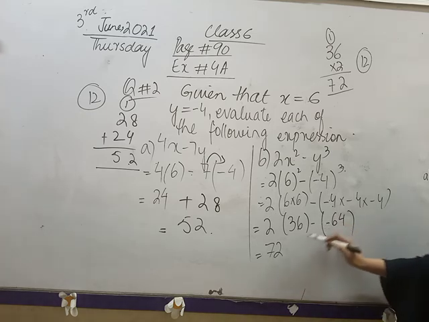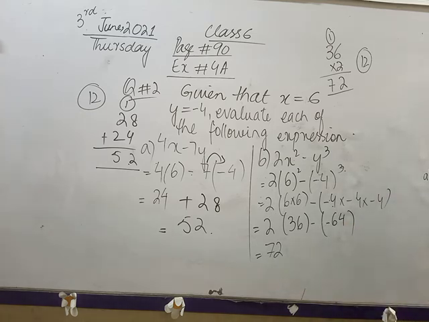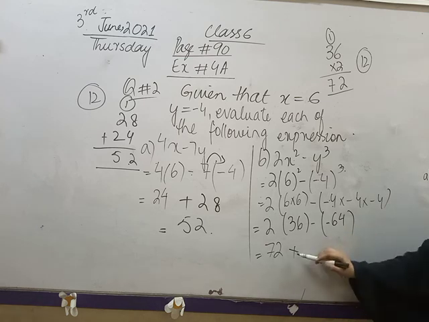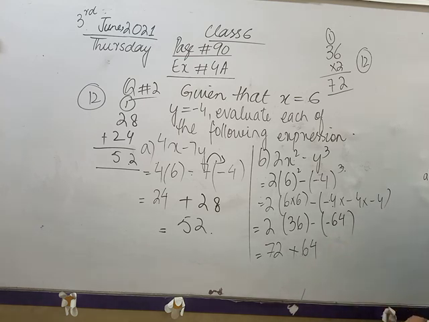Now minus minus, according to multiplication involving negative numbers, we have plus in the end. Fine class. हमने पढ़ा था ना रूल मल्टीप्लिकेशन में कि जब हमारे पास दो लाइक साइन्स होंगे, either both are negative, both are positive, so we will write plus in this case. So I will do the same. I will write plus here, and I will write 64 here also.